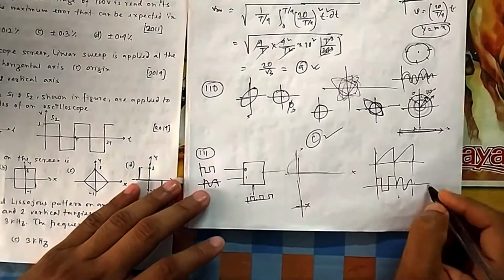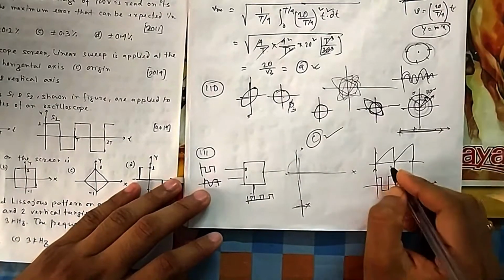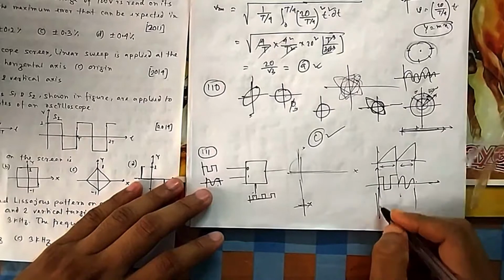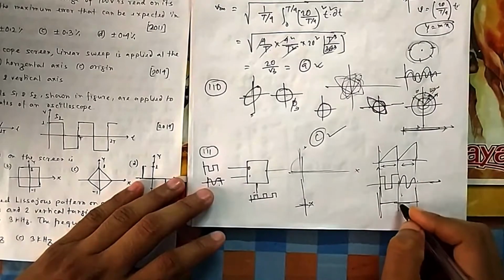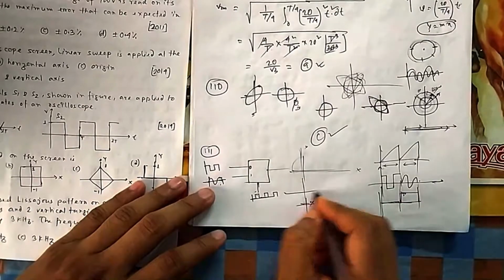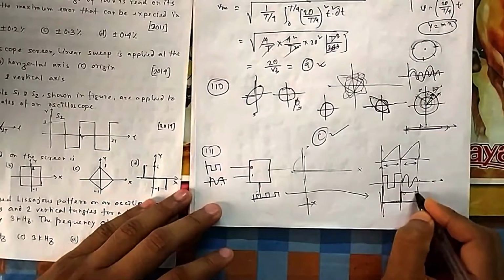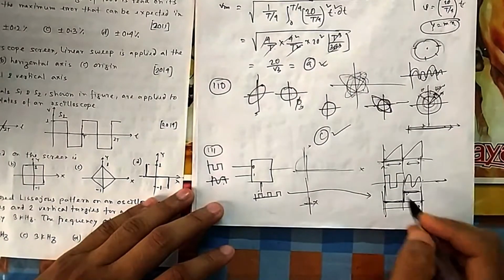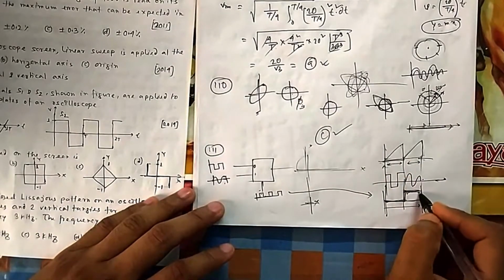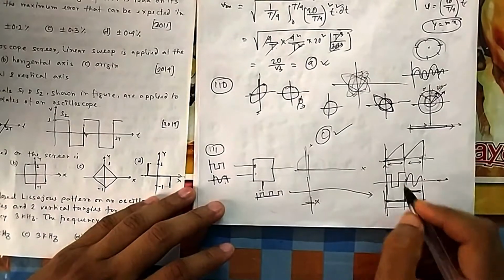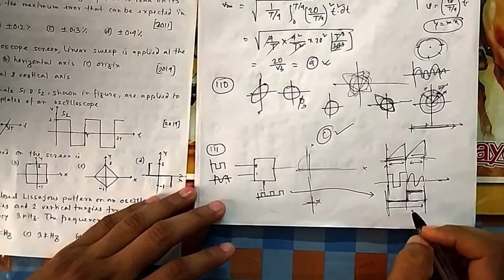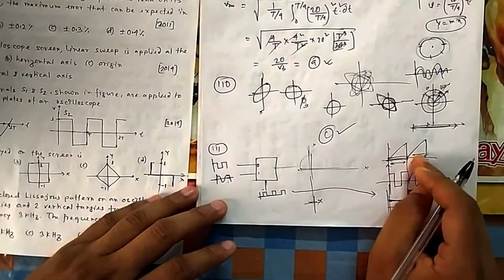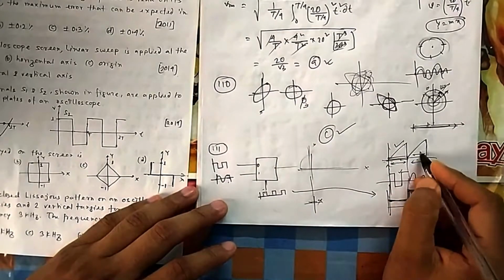So in the CRO screen you will see both of these simultaneously. For one sweep it will be this, for another sweep it will be this. So that means your clock should be, now you can see your clock pulse. Here the clock should be 0, and here the clock should be 1. This is the clock pulse that is used in the multiplexer input control circuit. So your clock pulse frequency should be half of this one. You see here the time period is this one, here the time period is double. So by the time it gives 2 sweeps, it should give only 1 change. In one sweep it should be 0, in another sweep it should be 1. So the clock frequency should be half, so that both are accumulated simultaneously in the 2 sweeps. Consecutive sweeps: in the first sweep it will give this one, in the second sweep it will give this one.